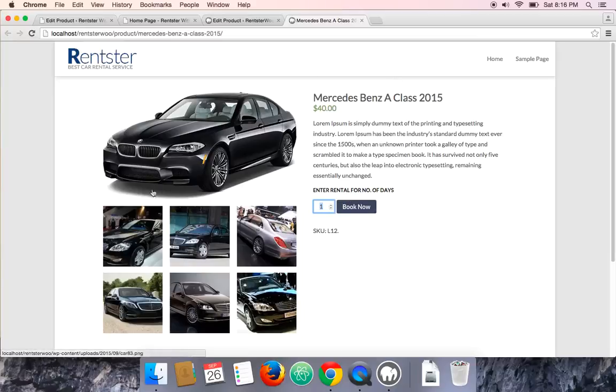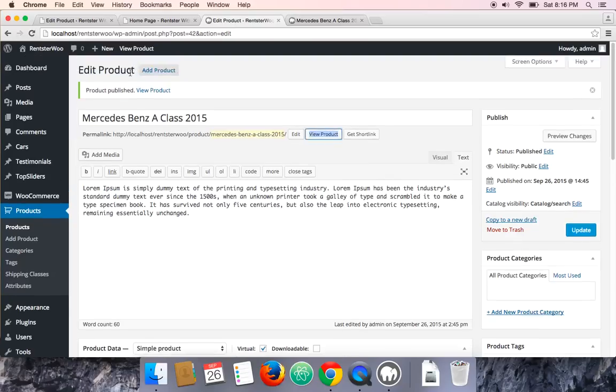Alright guys, so the WooCommerce product is now posted. Now what you have to do is copy this link and go to the dashboard, and if you remember, we have created different car posts. So we'll go to each of those posts and paste the WooCommerce product link in those car posts.